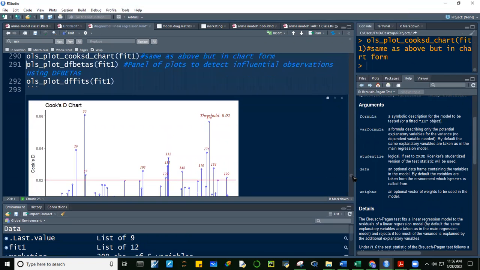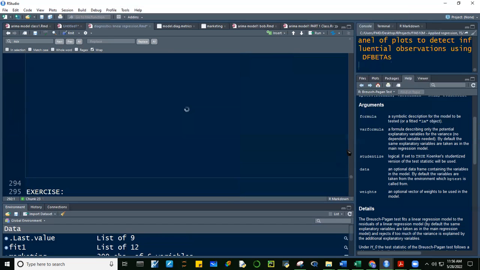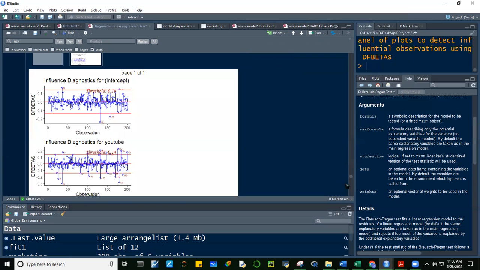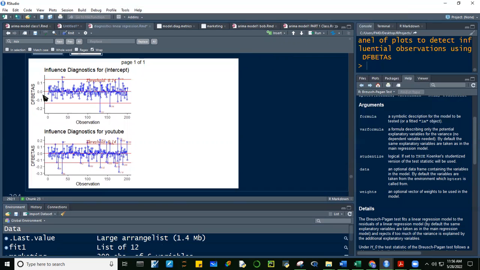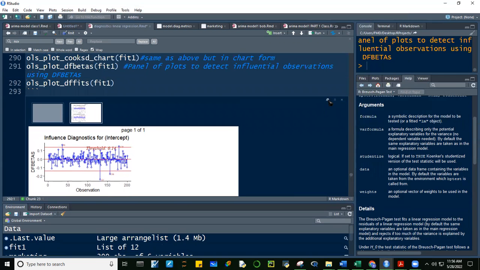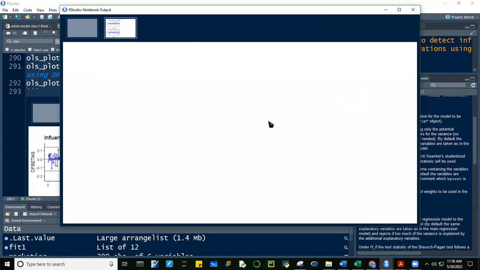Although it doesn't really look like a chart. Okay, and then also, aside from Cook's distance, guys, there is another measure that can be used, the DFBETA. That's also used to determine if a data point is influential, like this one. So DFBETA was used here. I won't discuss the difference between DFBETA and the other measures too much. Suffice it to say, guys, that there are different measures. One is Cook's distance, and then DFBETA also, no? It's used to measure the